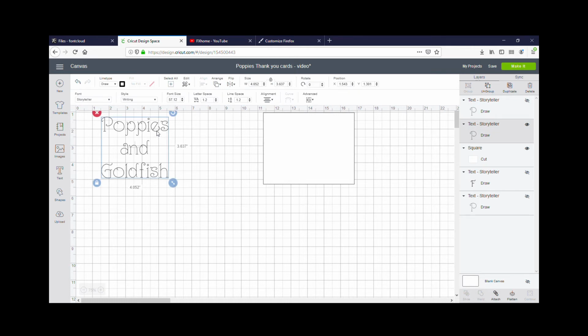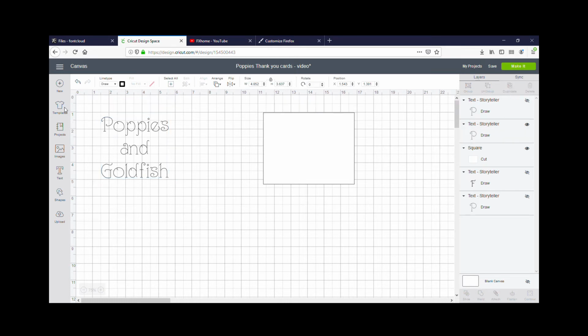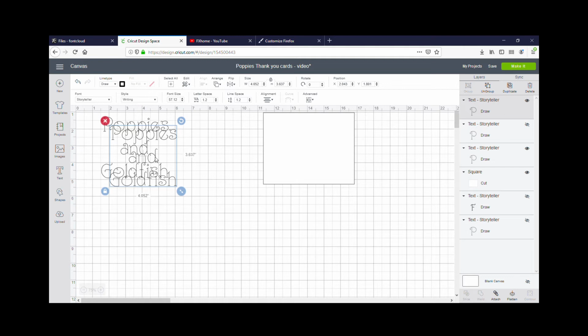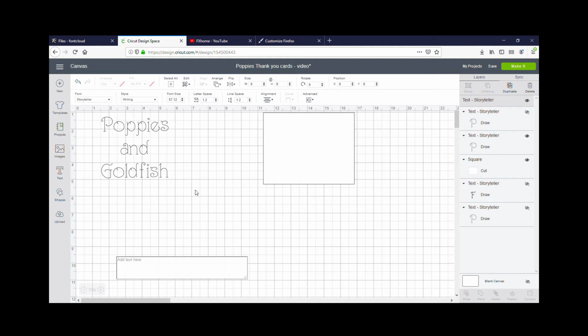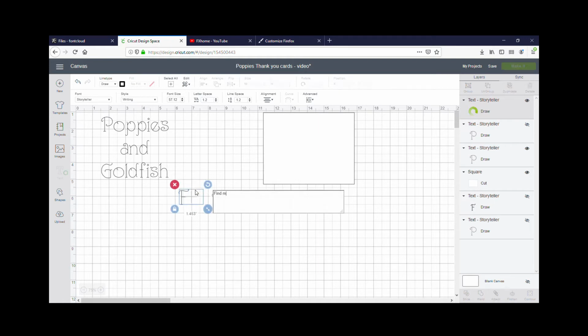So I am just going to duplicate. And you don't have to do it this way. Now double click on it. You could just create a new text box is what I'm getting at. Sometimes I just like to duplicate it. I think it's easier. I have all my saved pen settings and everything. I just know it's the same. So hit the backspace and now find me on